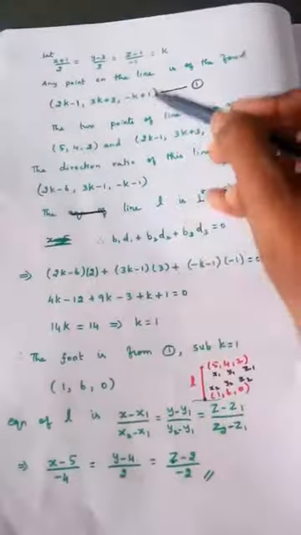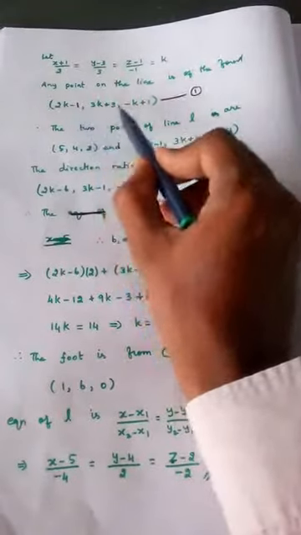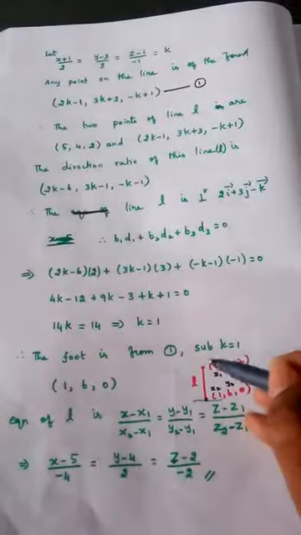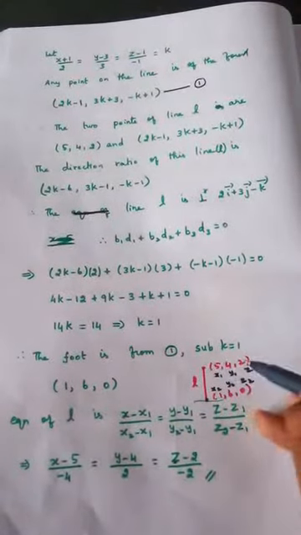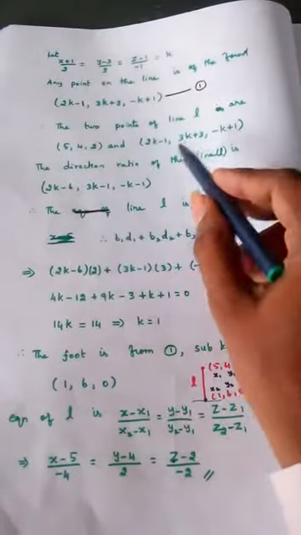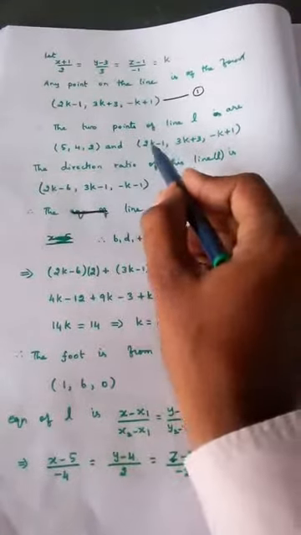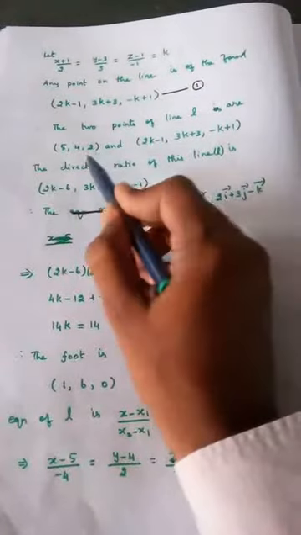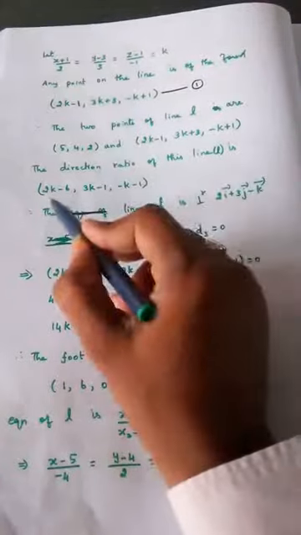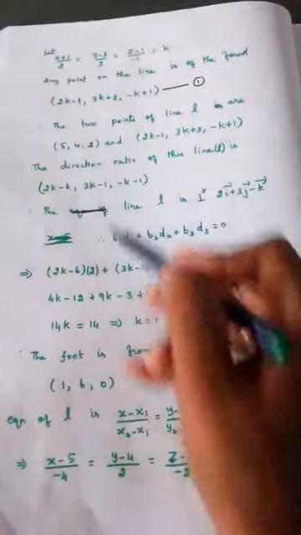So again I repeat, first we are finding the general point on this baseline, so that we can find 2 points now. This is the top point 5, 4, 2, the bottom point is this general point I am taking, so that I can get the direction ratio by subtracting x2 minus x1, y2 minus y1, z2 minus z1. I am getting the direction ratio of this line L.